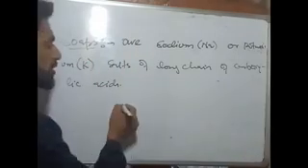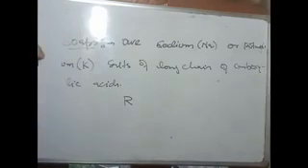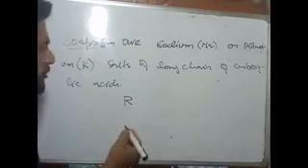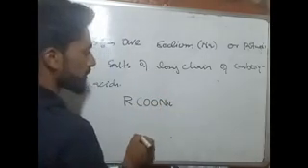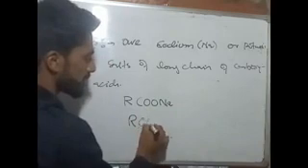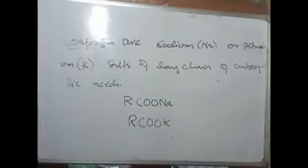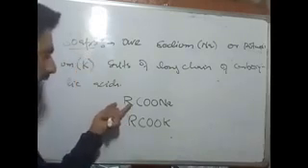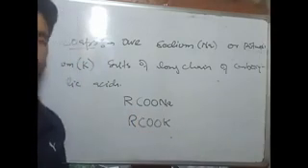Here, this long chain is denoted by R, that's the alkyl group, and the carboxylic salts, that's sodium carboxylic salts or potassium carboxylic salts, are denoted as RCOONa or RCOOK. So soap contains two parts: one is this alkyl part, the R part, and the other is this COONa part.